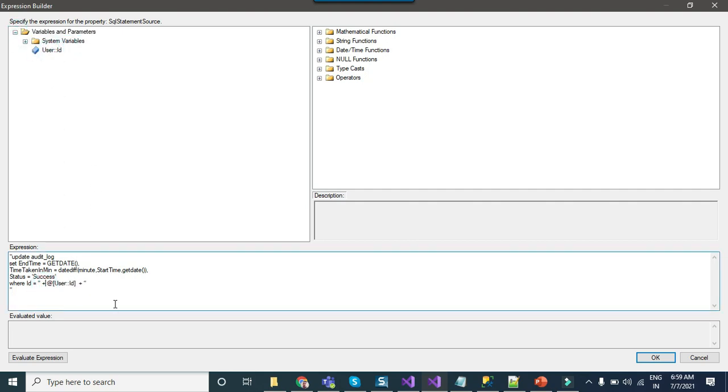Because it is of type integer, you need to convert it to string. So you need to put DT_WSTR and 12. This will convert the integer id variable into a string of length 12. So 12 length is okay. Evaluate expression, it seems good.